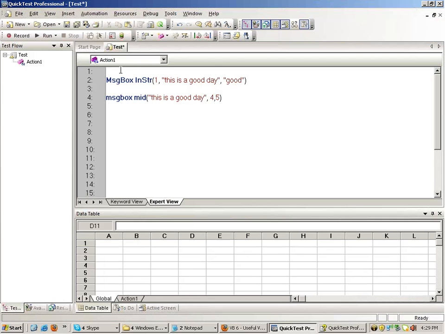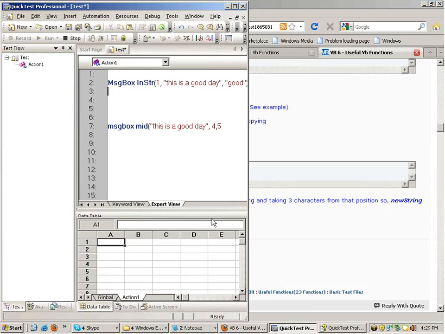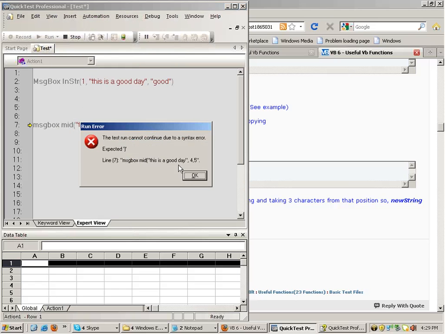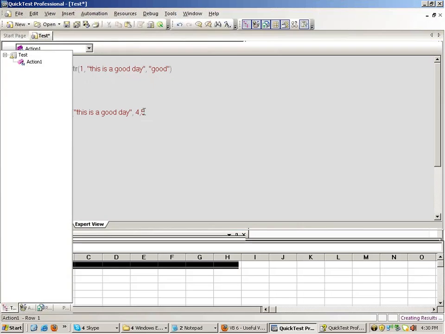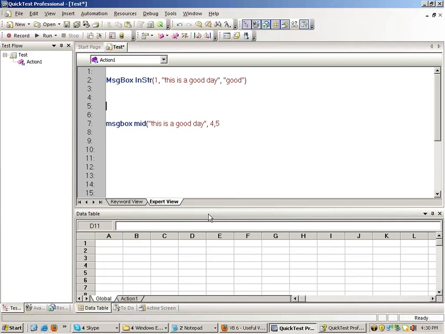Now sometimes in VB you make mistakes. For example, if I forget to close this particular bracket and I run this, I get an error. But I don't want my script to stop when the error comes.